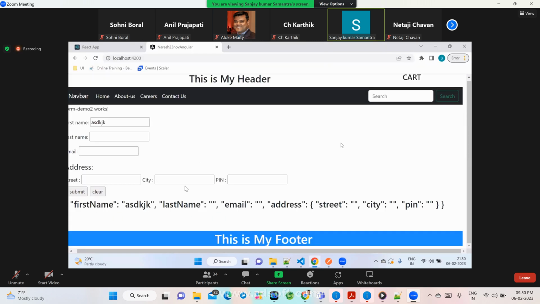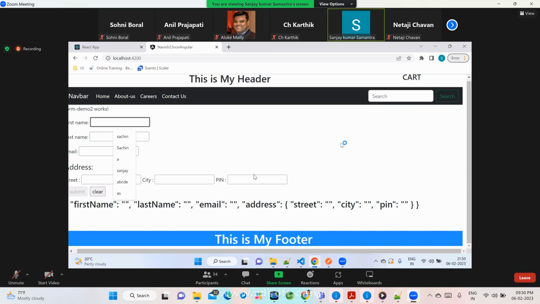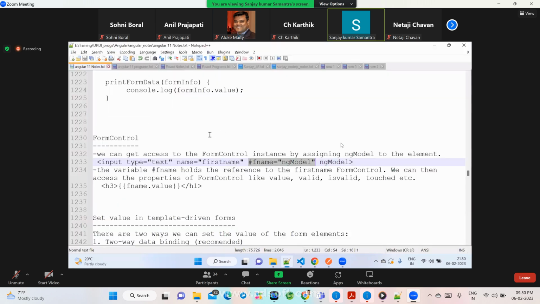See, now you want to check what is the value of first name or whether first name has error or not. How can we check? I want to check first name is valid or not. What is the value that we have in first name? If we have such kind of requirement, we can just add